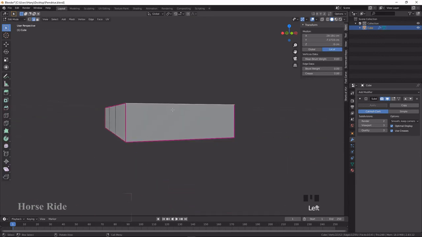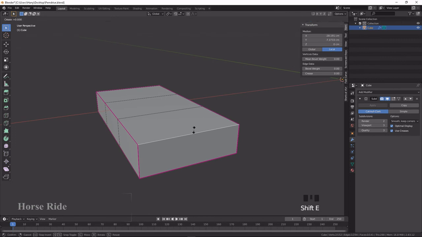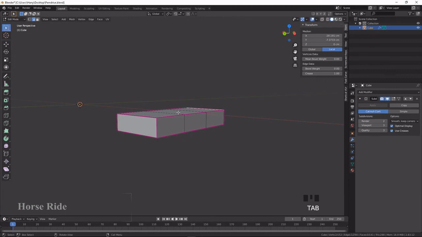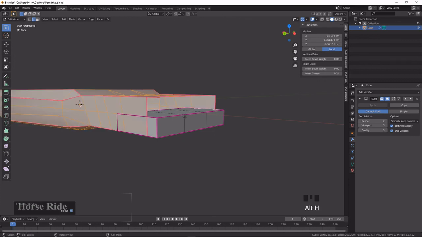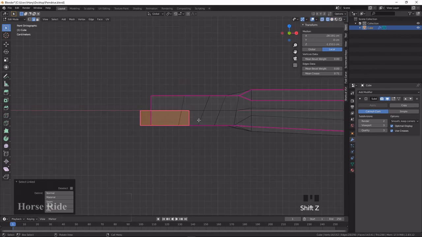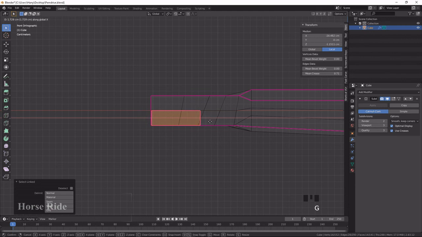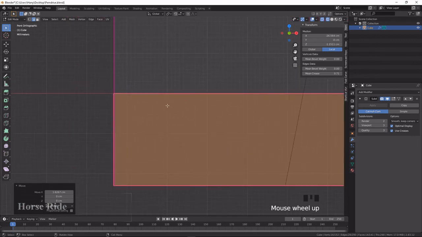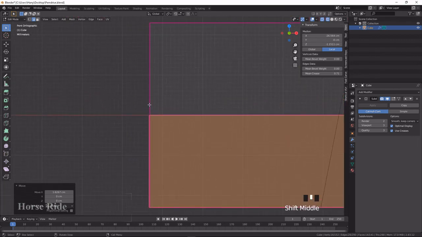Sorry, we missed out here. So I select this, press Shift E and 1 and enter, go back. Okay, now it's created. So go back to object mode, press Alt H to unhide everything, select these edges, press L to select this, go to front view, Shift Z to wireframe and G X to move, and you can zoom in and align the same. G X, press Shift to move slowly.